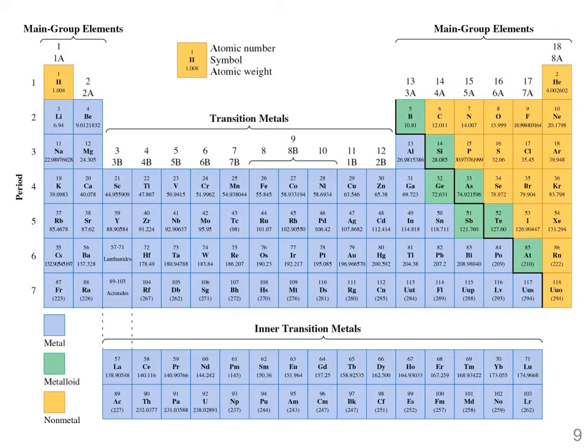Let's see the parts of the periodic table we have discussed on the periodic table itself. As you see, it is made up of rows and columns. The rows are called periods, numbered 1 through 7. And the groups are numbered in the IUPAC system 1 through 18. These are the top numbers. And the old system